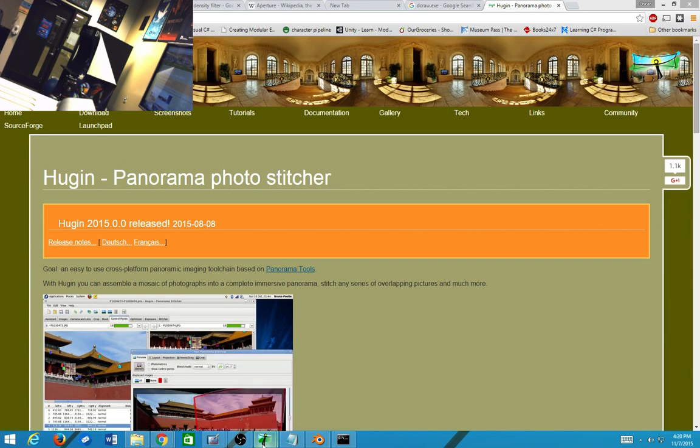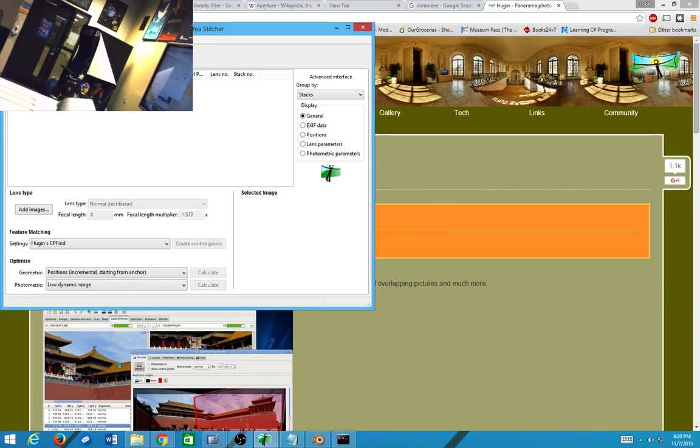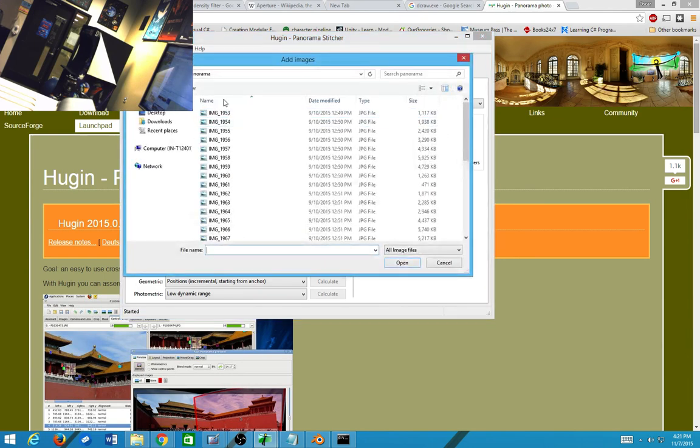But just to show you the basic interface here. If you go Interface, Advanced, you get this fancy stuff. And first thing you're going to do is add all your images. So if I go to